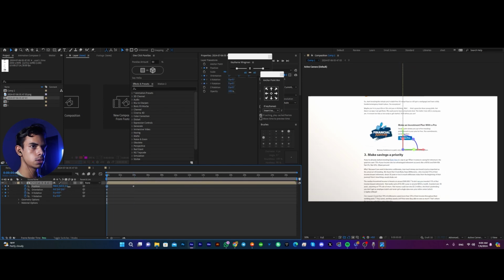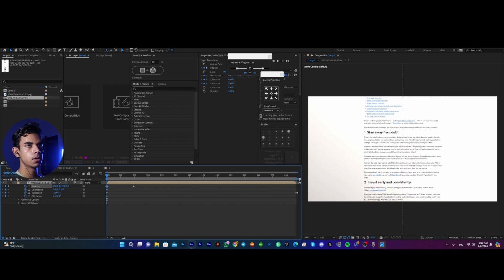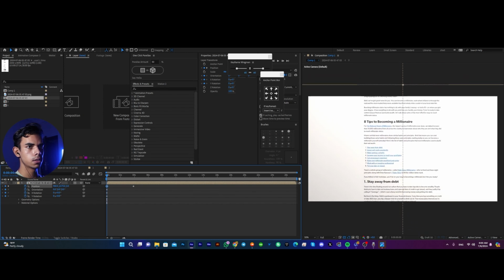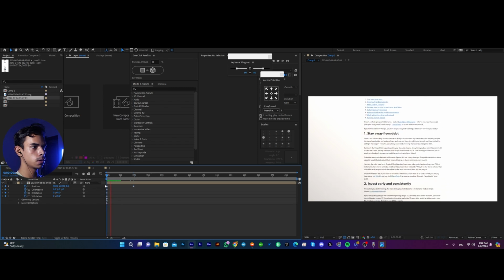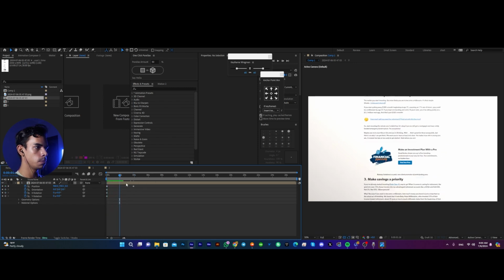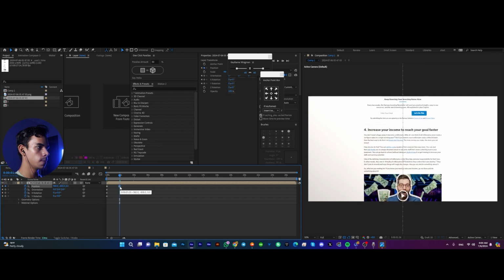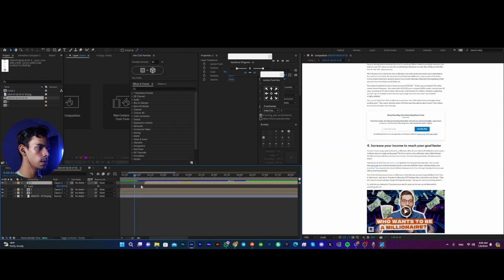So let's make it start from the top like this, and when we reach this point, I wanted the highlighting to start from this time, maybe here. So I will move the keyframes. I'll make the highlighting start from here. So I'll just select the highlighting shapes and the compositions, and I'll make it start from here like this. Okay,